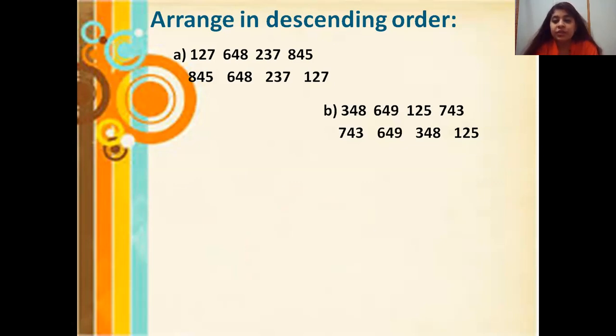Now I have my third question that is there on my screen. Remember, you have to do descending order. In descending order, you have to write the bigger number first. Now what is a bigger number? Yes, it's 975. Now what comes before 975? Is it 129? No, it is 364. Yes.